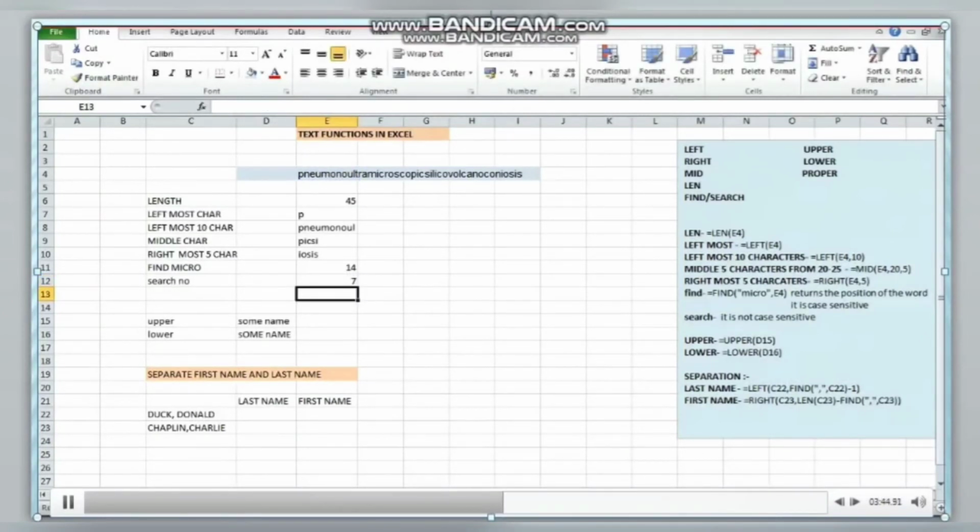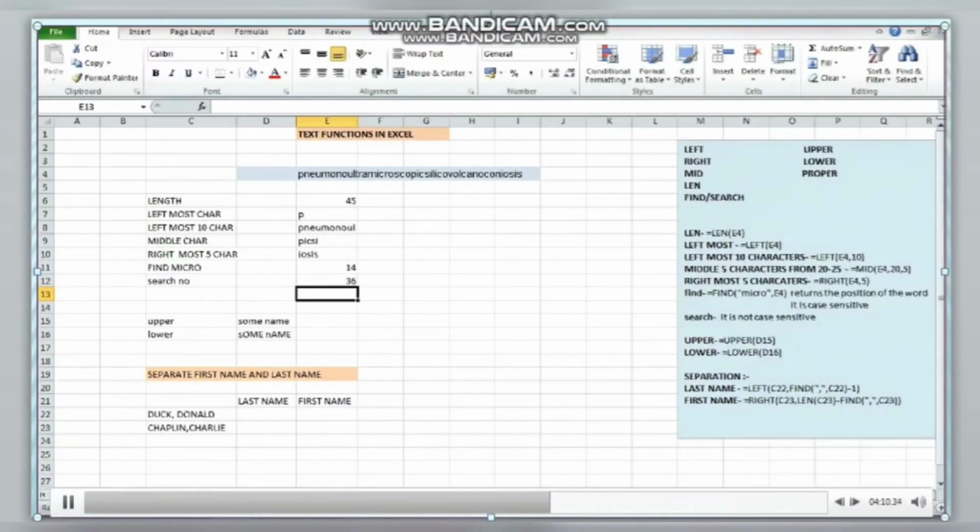Now if we have to calculate the second no, I will write the extra parameter, that is here. Now I know that at the 7th position the first instance of no is there, so I'll write 8 as my starting point to search for no, and it will give me the second instance of no, that is at position 36.